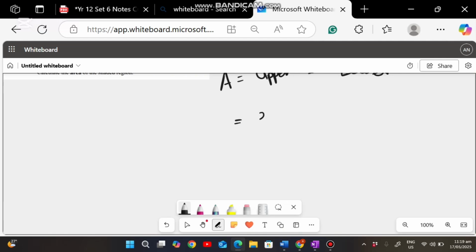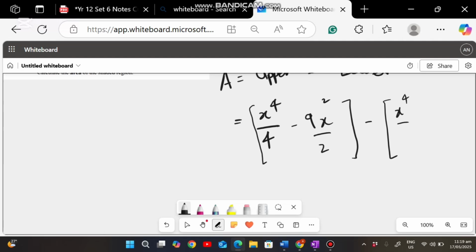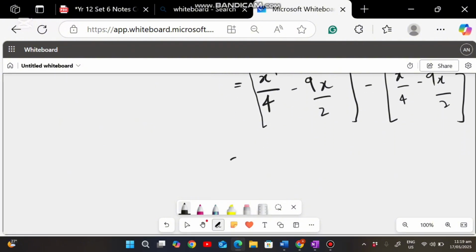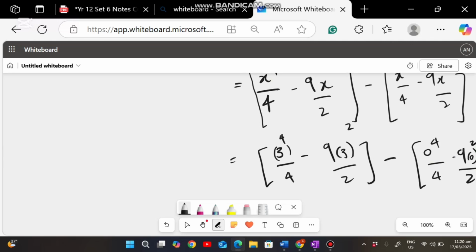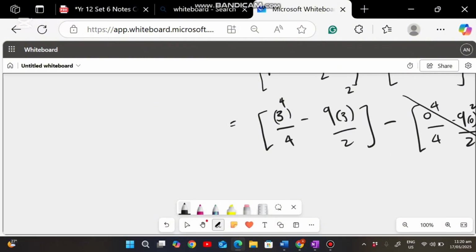Okay, so that means x to the power of 4 divided by 4, okay, minus 9x squared over 2, that's for the upper limit, minus the same thing for the lower limit. Right, so let's plug in the values. So here my upper limit is 3, so it's 3 to the power of 4 divided by 4 minus 9 into 3 squared divided by 2 minus lower limit, which is basically 0. So my entire value for this will be 0, so that will not be catered for, and the answer over here comes down to negative 20.25 unit